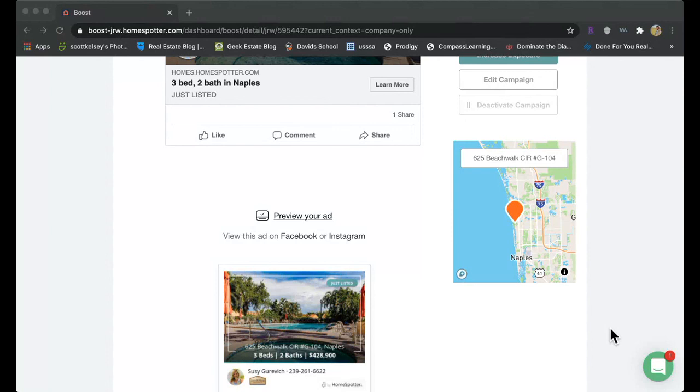All right, let's see. I have a listing together. Can both agents be displayed? If you have a team, or if you're on a co-listing with another agent, whoever's listing agent 1 is the one that can run the ads.